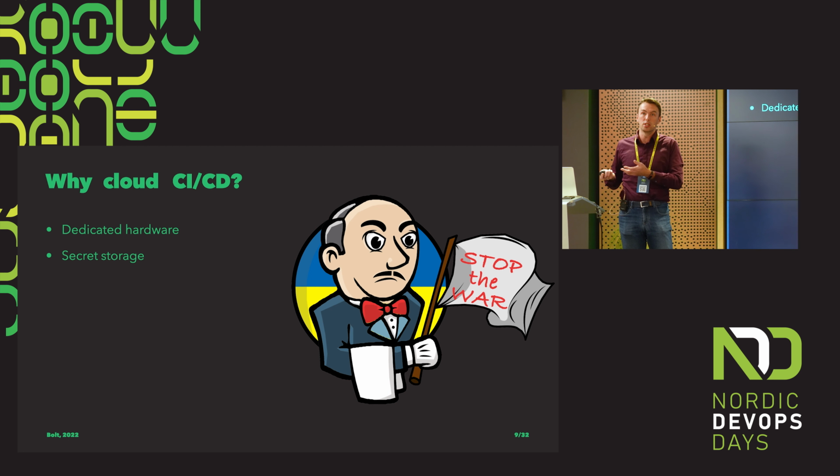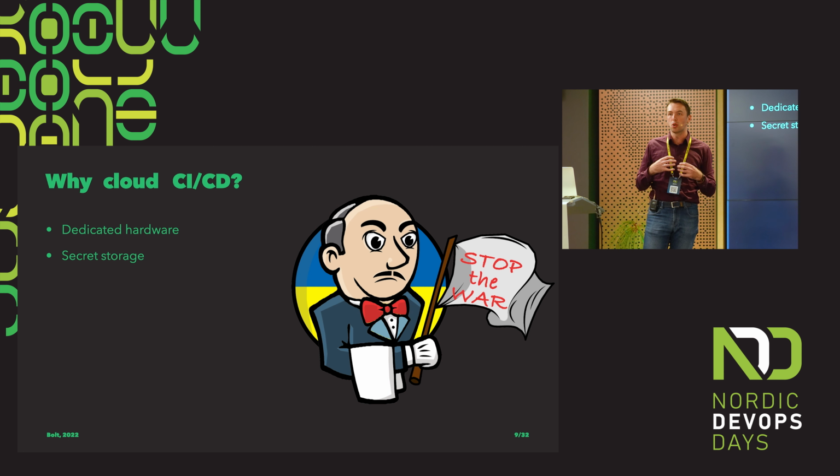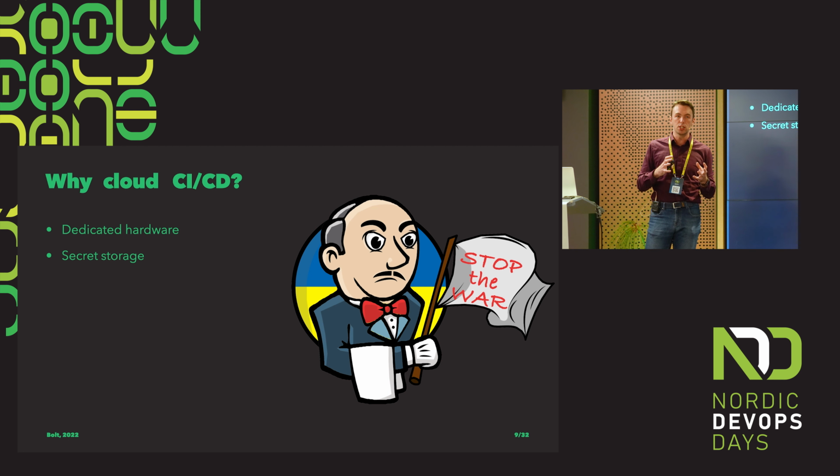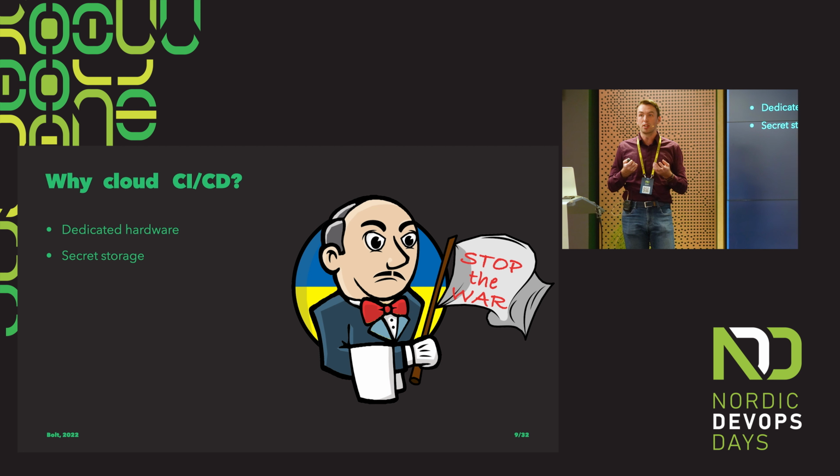And you need to purchase this. This is CapEx, which is not great. Then we want the CI/CD to be secure and store our certificates, our passwords, and so on and so on. Because mobile applications, we need to sign them in order to be able to upload to Google Play or App Store. And those secrets are critical, right? Because if somebody has those secrets, they can replace the application that you're trying to publish, and the application is a very valuable